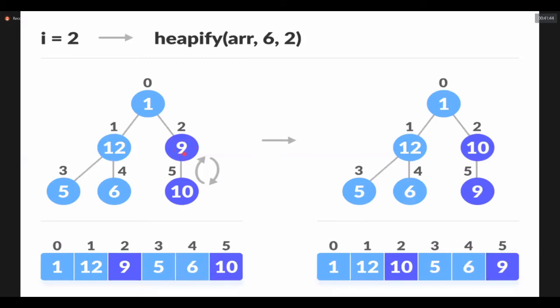So 9 is the non-leaf node which contains the child. We find it by the formula n by 2 minus 1. n is 6, 6 by 2 is 3, minus 1 is 2. The second index value is 9. Here start the heapify. Here 9 contains only one child, 10. Apply the heapify. Heapify means find the largest value in the subtree. So 10 is the largest one. The root is not the largest, so swap the elements. So swap the 9 and 10. So 10 becomes the root.